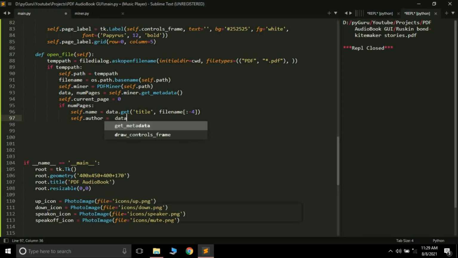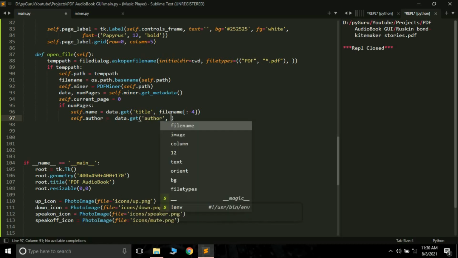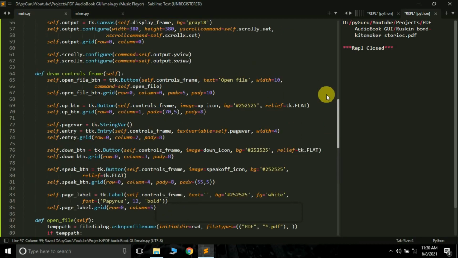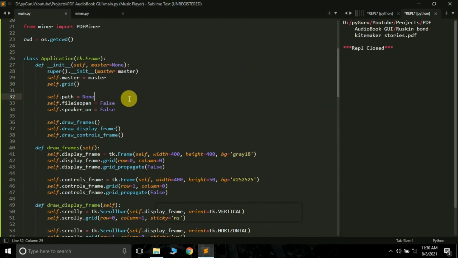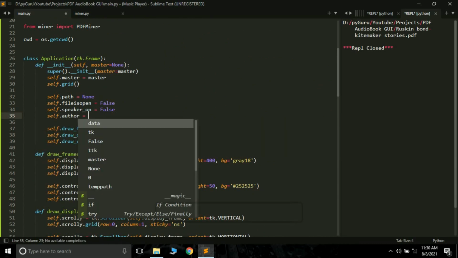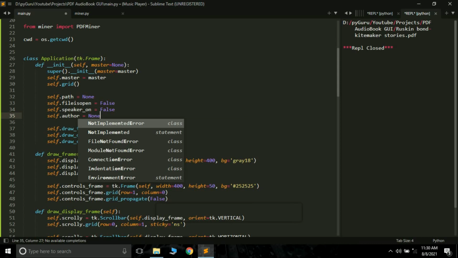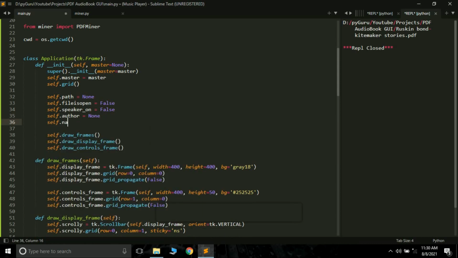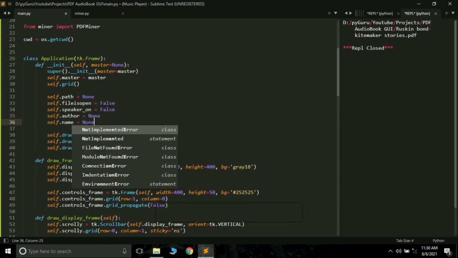Similarly for the author too, data.get, here we are going to use author, and if there's no author just replace with none. We have to create 2 variables here, self.author and self.name. So let's create self.author equals none, since currently no PDF file is open. Self.name, currently no PDF file name, so none.